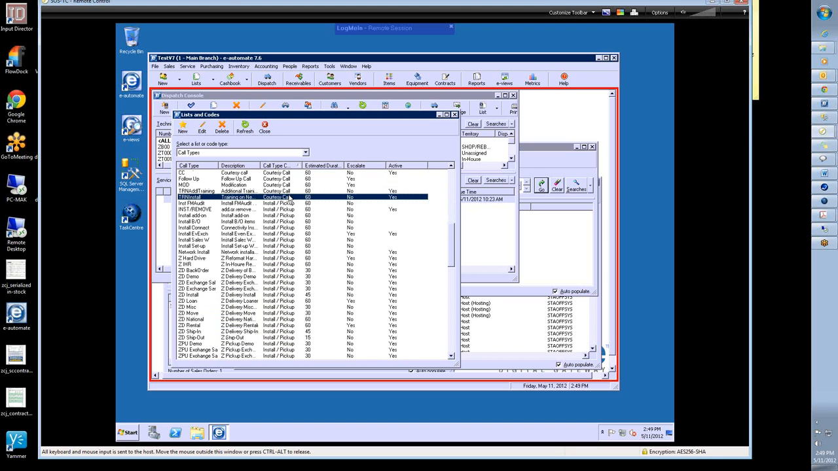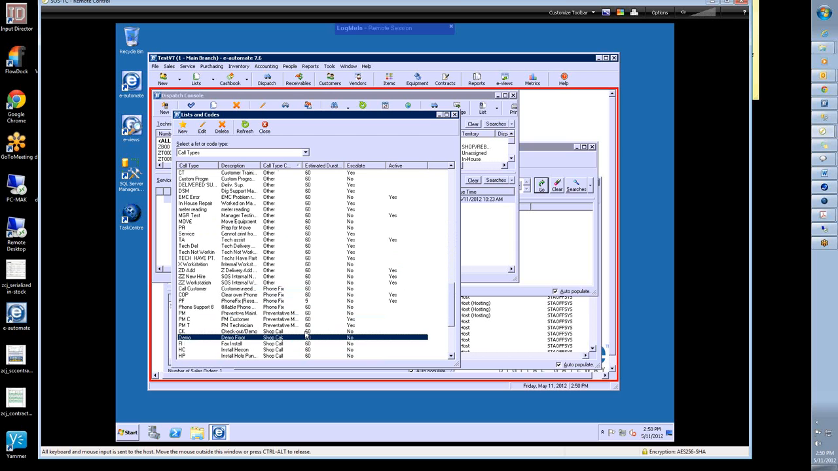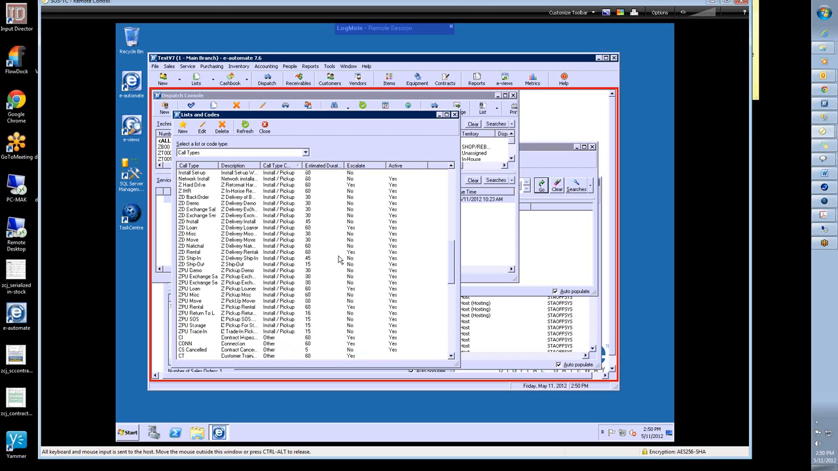Then you have courtesy calls, which basically are just scheduled calls for technicians. Install pickup, which is what we will use for what you're doing here. And then you have other, phone fix, preventative maintenance, and shop call. Now, at SOS, we don't go through the exercise of having our shop techs create the service call because